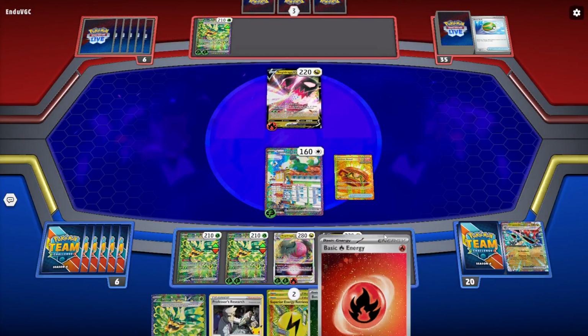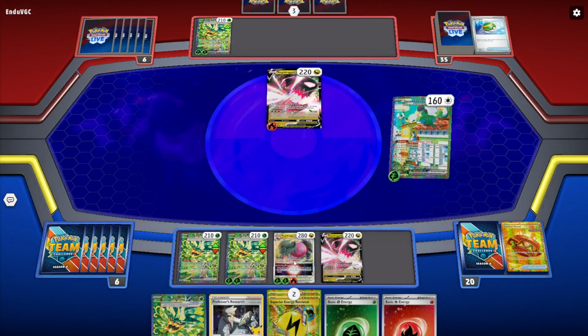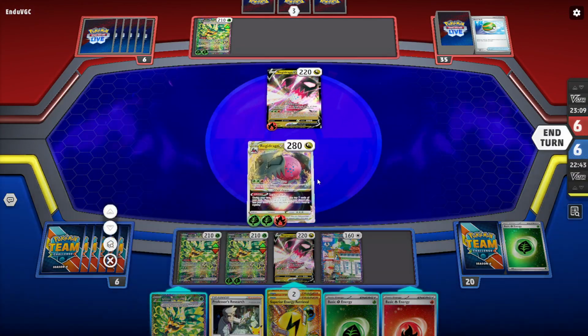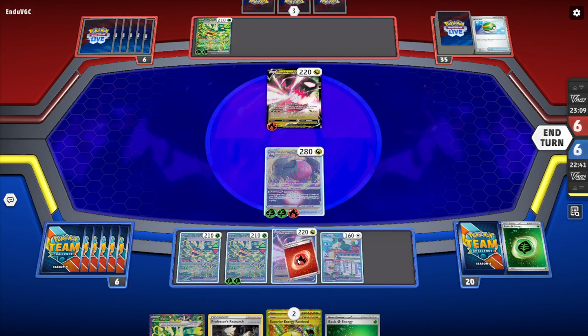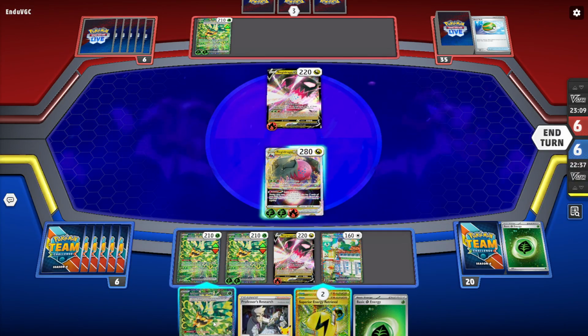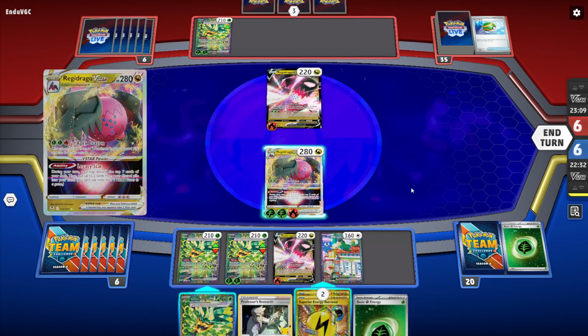Yeah, we'll go something like this. Let's retreat. I still have Legacy Star, right? Yeah, I do. Oh my gosh. Okay, so I think we'll go here. I don't really think I want to bench this, because we can...